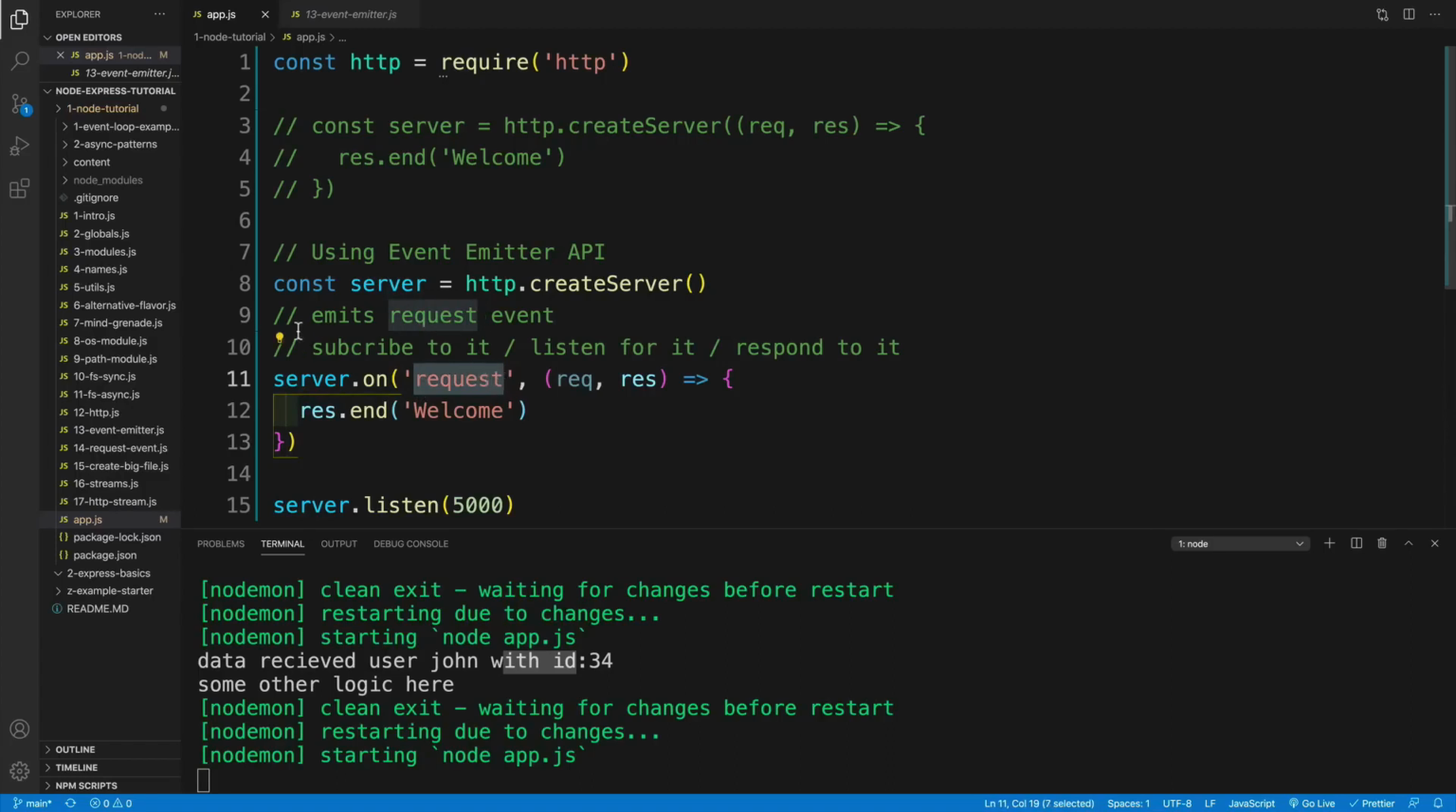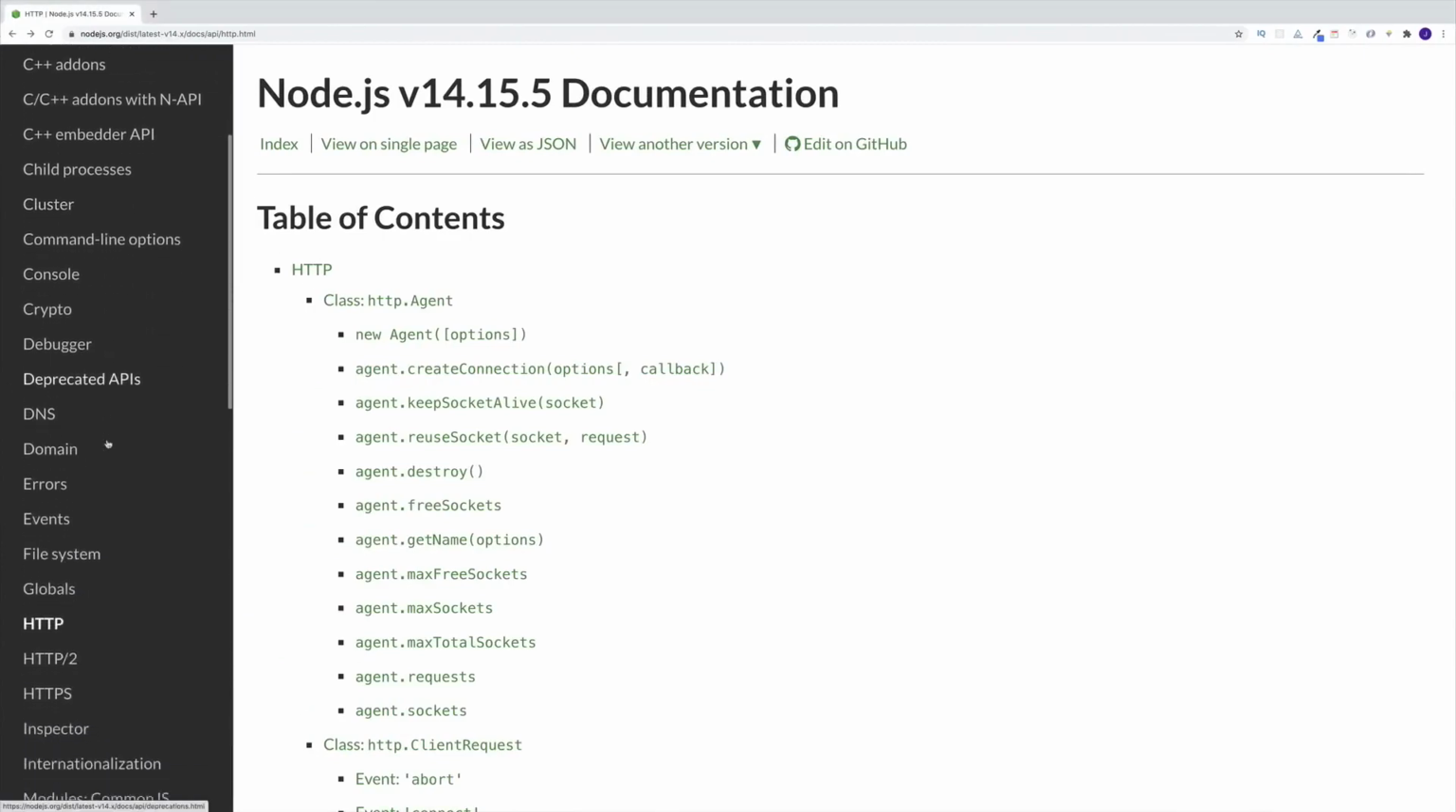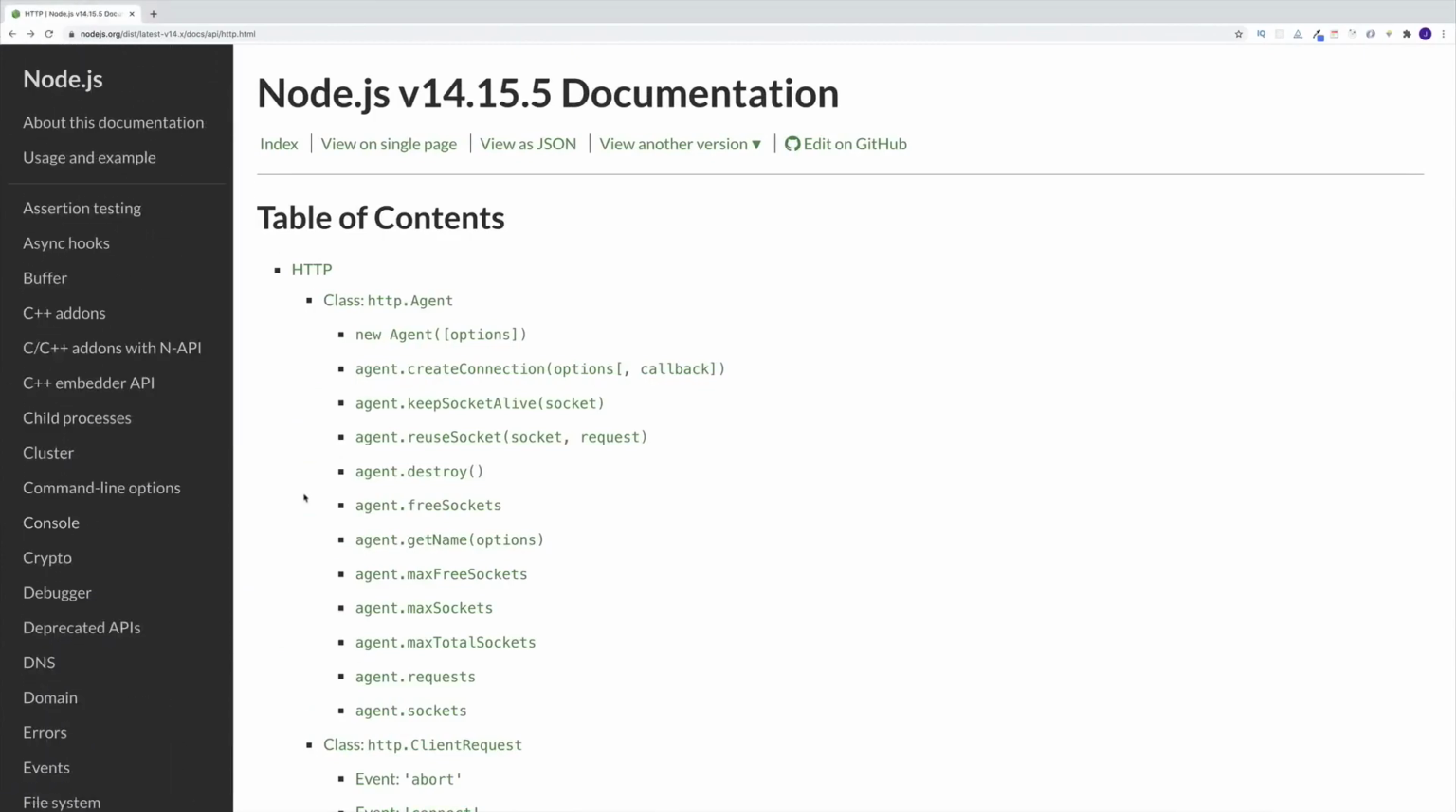And the way we do that, we go with server on, and then this is a specific name because of course it emits that specific name behind the scenes. So make sure that it is request, and then the same spiel. Now, how do I know that? Well,